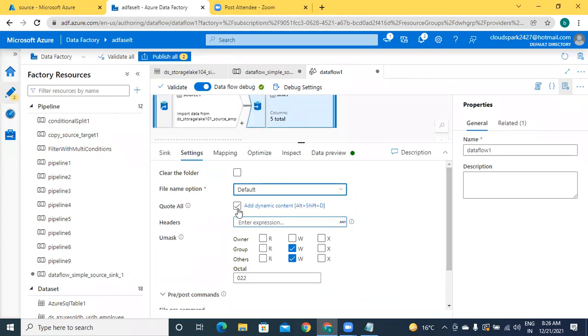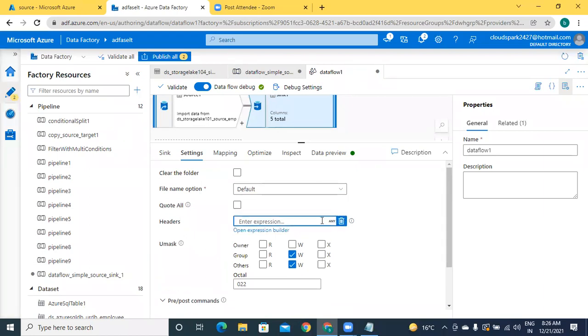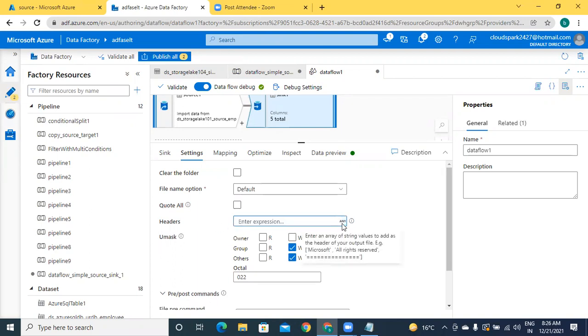And quote all: for the header, it will apply double quotes for each field. And look at this: headers. Enter an array of string values to add as a header of your output file. For example, Microsoft all rights reserved, such kind of things. Okay, for now, just suspending that discussion.